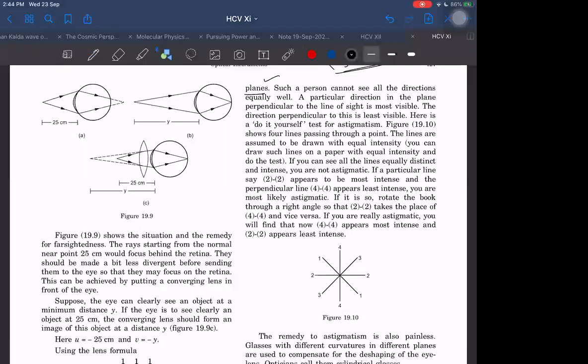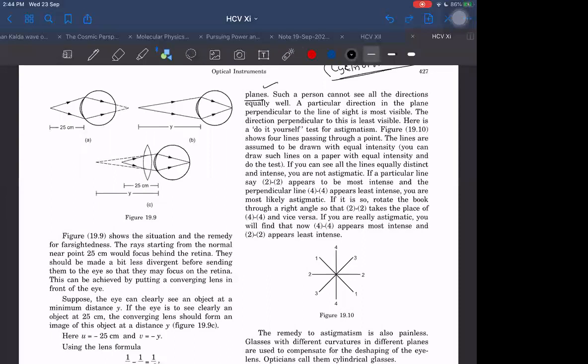If somehow our eye does not remain spherical but becomes of some other shape, its radius of curvature is different in different planes. That may happen. Its radius of curvature in one plane may be R1 and in another plane R2. Then its power in one plane will be different from the power in another plane. If power differs in different planes, then one object will show different magnification than another. Then I will see objects appearing twisted in shape.